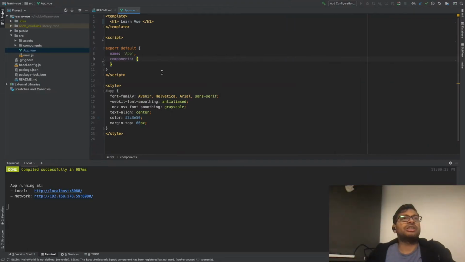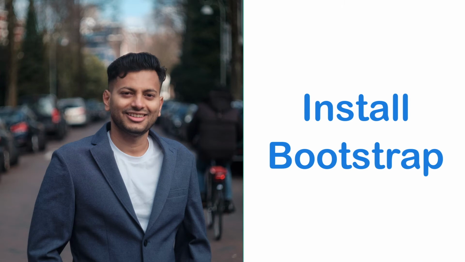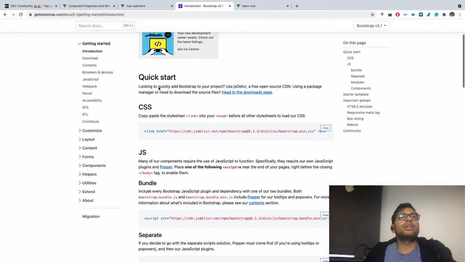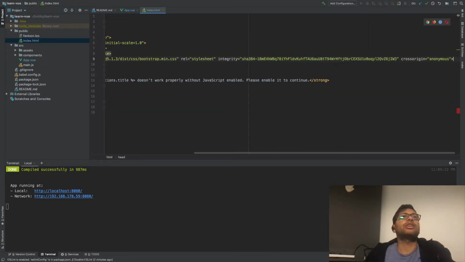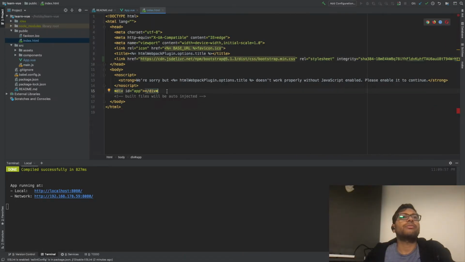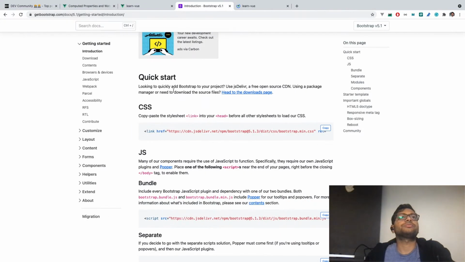So we have our basic project and let's install Bootstrap. So we'll just copy the CSS and let's go to public and the index.html file and copy the CSS file here and copy the JS file here, just under the body tag. So that's it, our Bootstrap is installed.